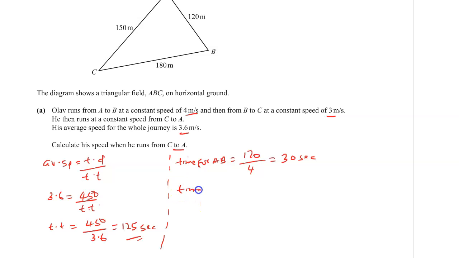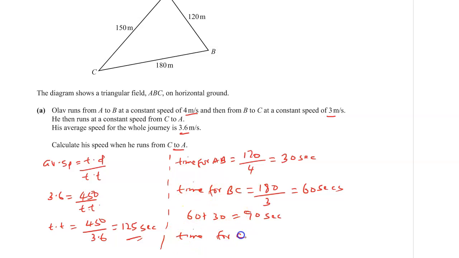Then time for BC, 180 distance, and he was doing 3 meters per second. This gives us 60 seconds. Therefore 60 plus 30 gives us 90 seconds, and therefore